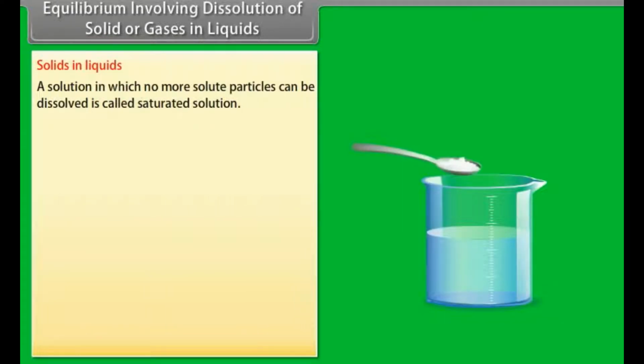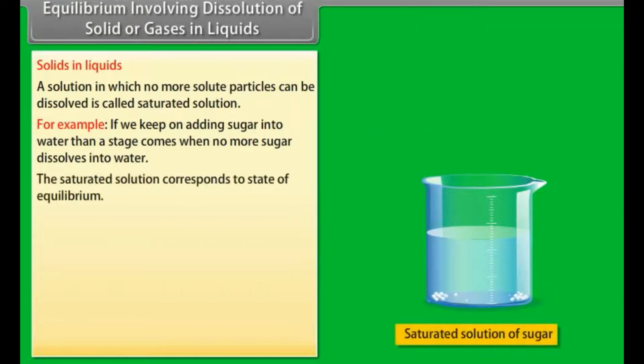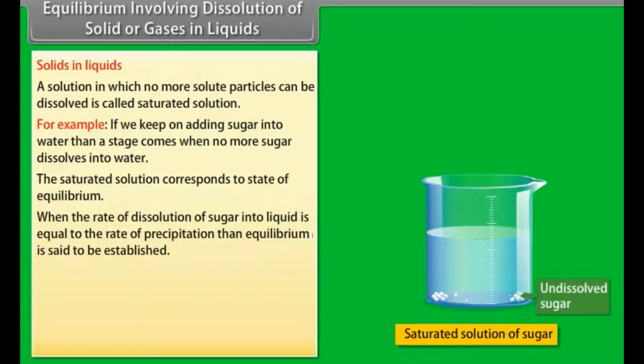Equilibrium involving dissolution of solids or gases in liquids. Solids in liquids. A solution in which no more solute particles can be dissolved is called saturated solution. For example, if we keep on adding sugar into water, then a stage comes when no more sugar dissolves into water. The saturated solution corresponds to state of equilibrium, when the rate of dissolution of sugar into liquid is equal